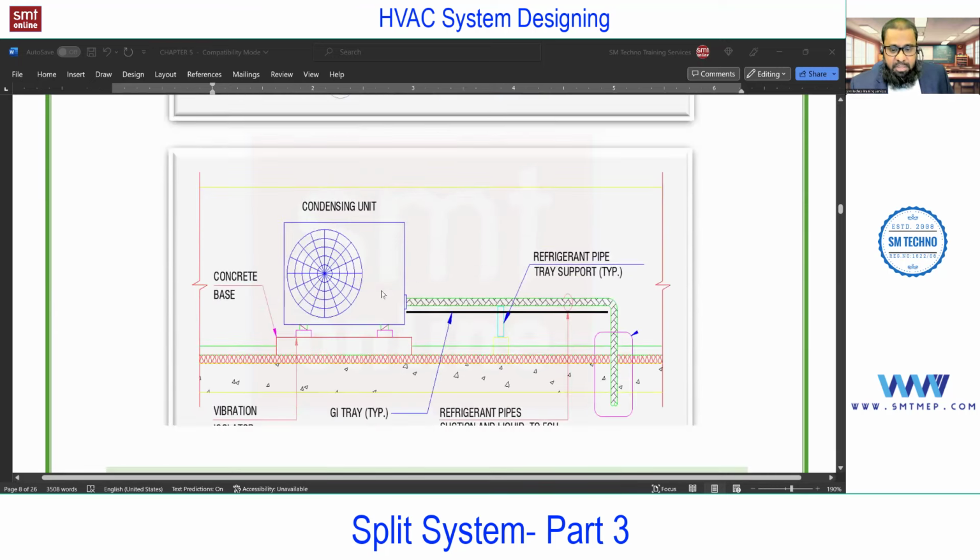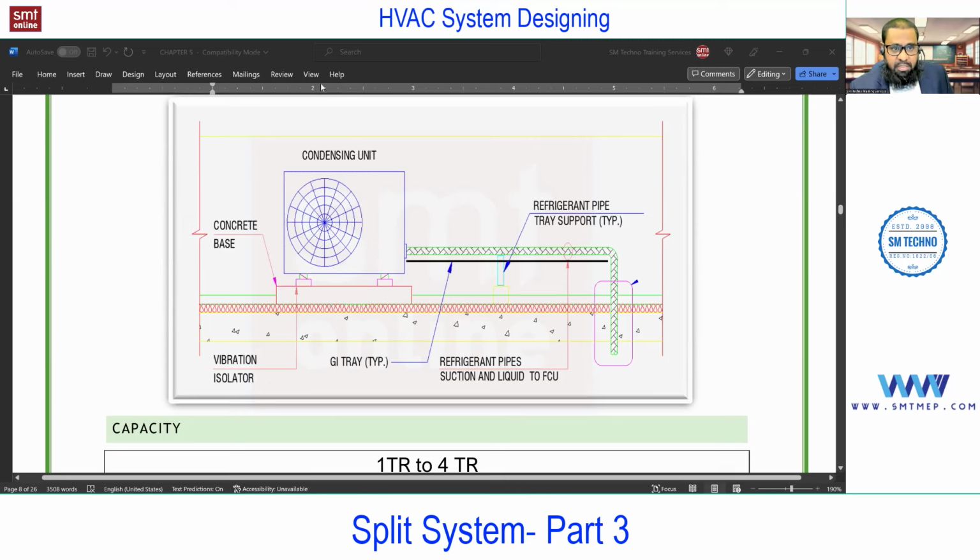Next, apart from this, you see, this is the base for the outdoor unit. You must construct this concrete base, and before connecting, we require these isolators, nothing but rubber pads, to reduce the vibration from the unit to this concrete base. This is as per standard, and from the manufacturer also you'll find these vibration isolators so that they can install